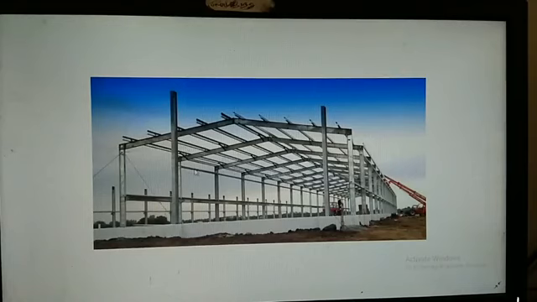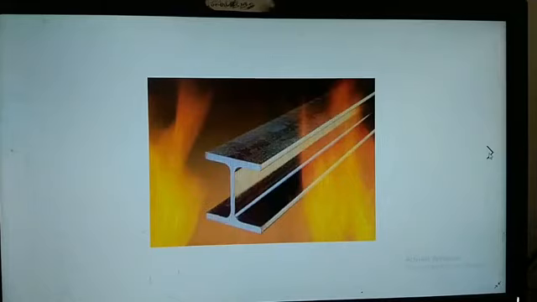Here you can see an industrial building which is getting erected. You can see over here these are called rafters, I section rafters. These are all columns. You can see this rafter and the second rafter are connected with the help of another I section, which we call a purlin. This is a purlin, which supports the top roof and connects the rafters. Like this, and I section.